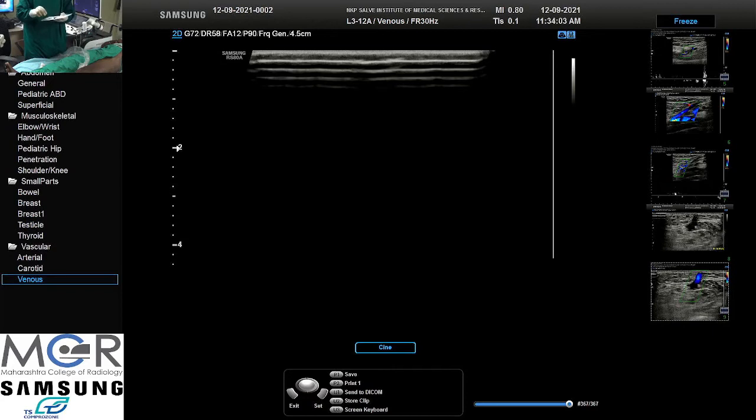Now this is a radial laser fiber. There are two types of fibers: a bare fiber and a radial fiber. This is a radial fiber. Bare fiber is totally transparent and has to be passed through a catheter. For that we need to put a catheter first, and through that catheter the bare fiber goes in. This is a radial fiber. We can put it directly through a 6 French sheath.